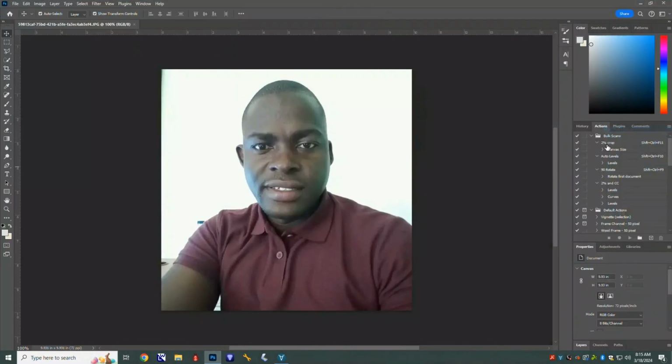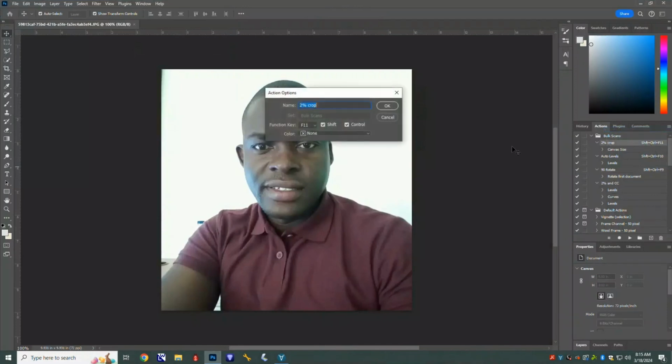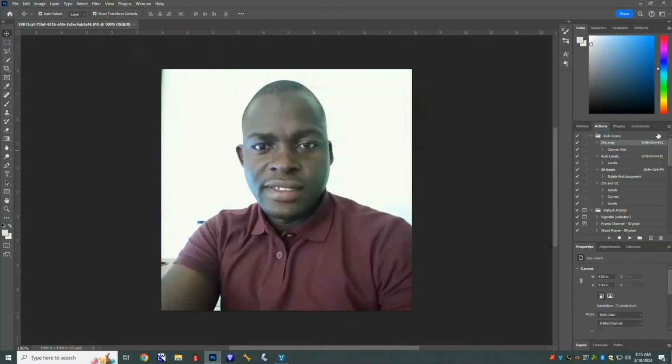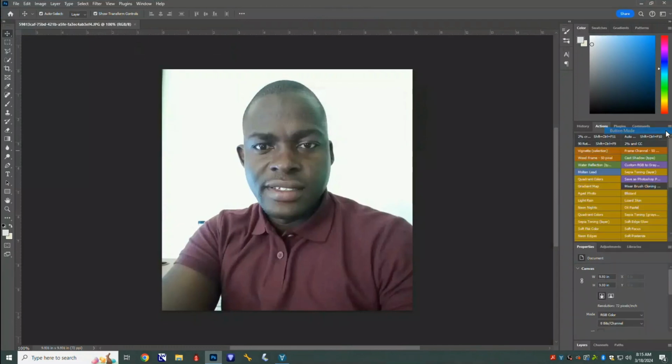For instance, a 2% crop, which changes the canvas size. We've set the keyboard shortcut for that to be F11, Shift, and Control. So whenever the key is hit, it's going to hit F11, Shift, and Control, which will cause this action to take place. And the four actions that take place are, again, the 2% crop, the rotate 90 degrees, and an